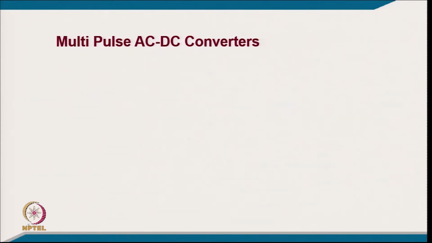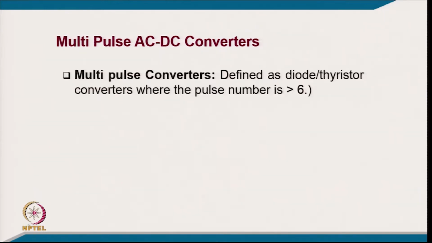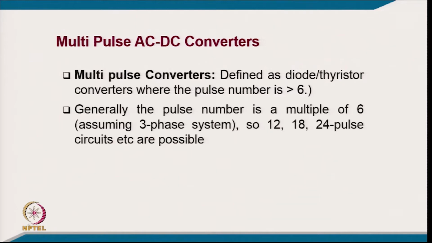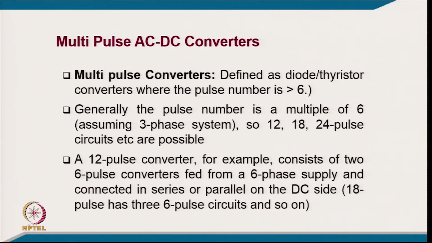Coming to multipulse converters, multipulse converters are defined as diode or thyristor converters where the pulse number is more than 6, and generally the pulse number is a multiple of 6, assuming 3 phase systems. So, 12, 18, 24 pulse circuits are possible. A 12 pulse converter, for example, consists of two 6 pulse converters fed from a 6 phase supply and connected in series or parallel on the DC side, like 18 pulse has 3 6 pulse circuits and so